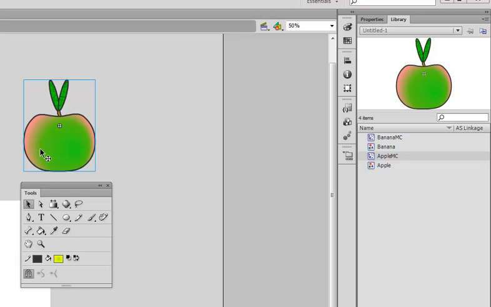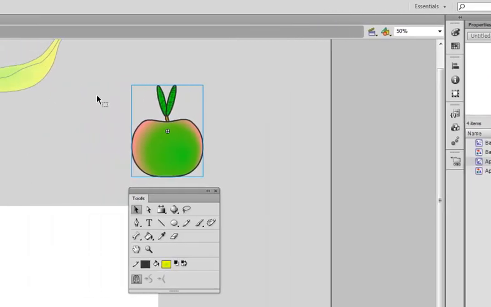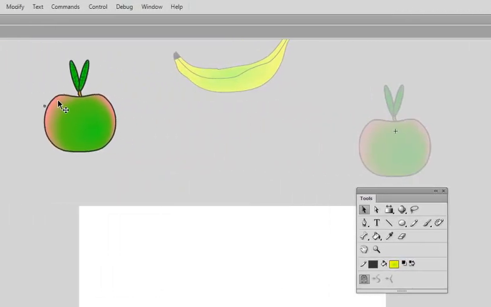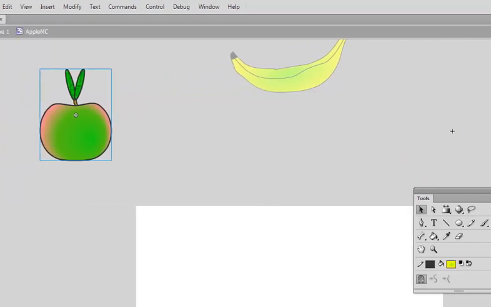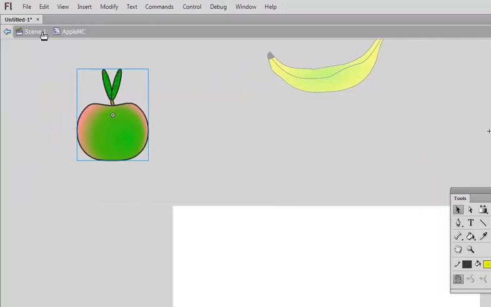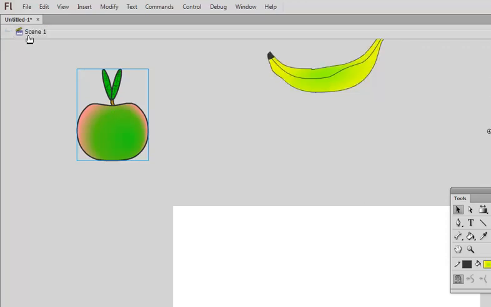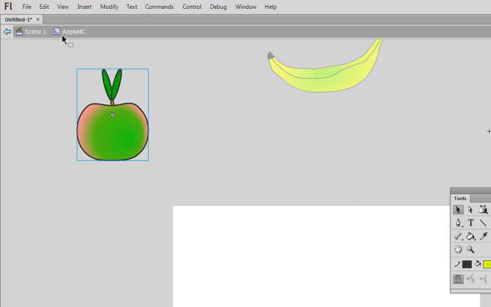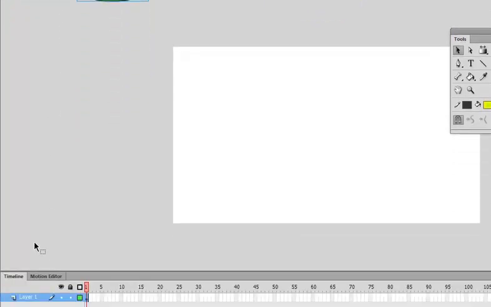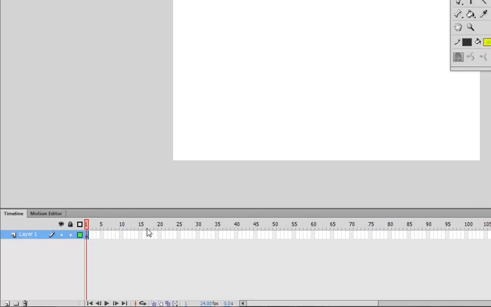So inside of the apple movie clip, if I double click on it, let's bring this across with me, we will see in the top left corner that we are inside of that apple movie clip. So when we're in scene 1, if I double click on it, we're now inside the movie clip. It's got its own timeline, so what that means is I can animate this, and I'll do so by putting in